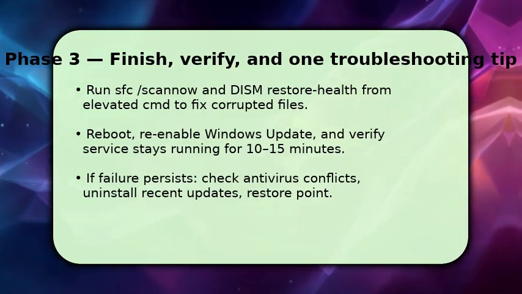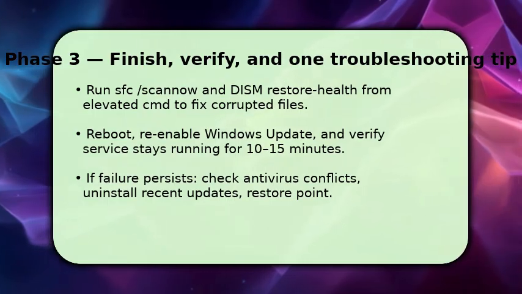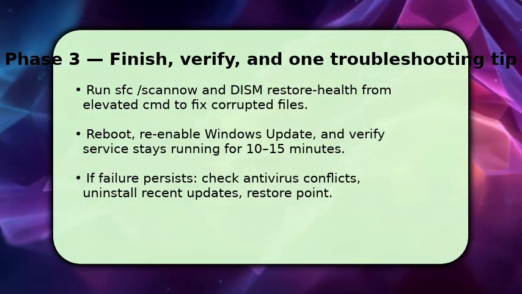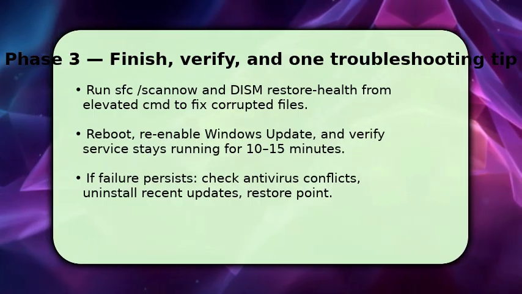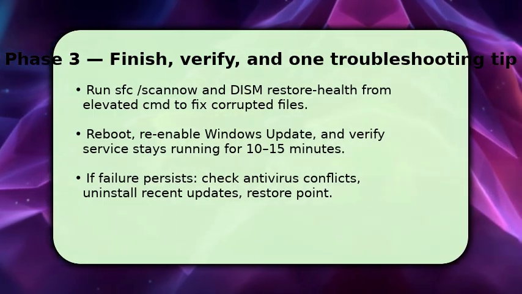After those complete, reboot, re-enable Windows Update, and observe the threat protection service for 10 to 15 minutes. If it stops again, check third-party antivirus conflicts, uninstall any recent updates installed around the failure time, and if needed,